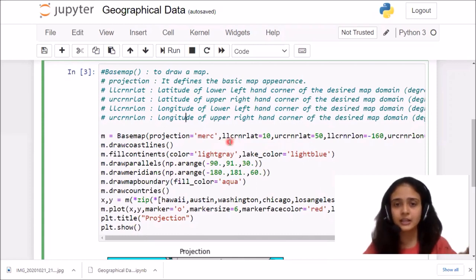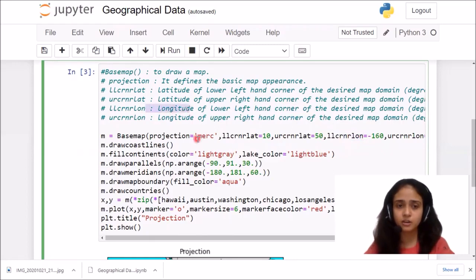LLCRN means the lower left hand corner, and the U stands for the upper, R stands for the right, and CRN stands for the corner. So like this it has the short forms. Now it is LLRCRN. LL stands for the lower left, CRN stands for the corner, and LON stands for the longitude.